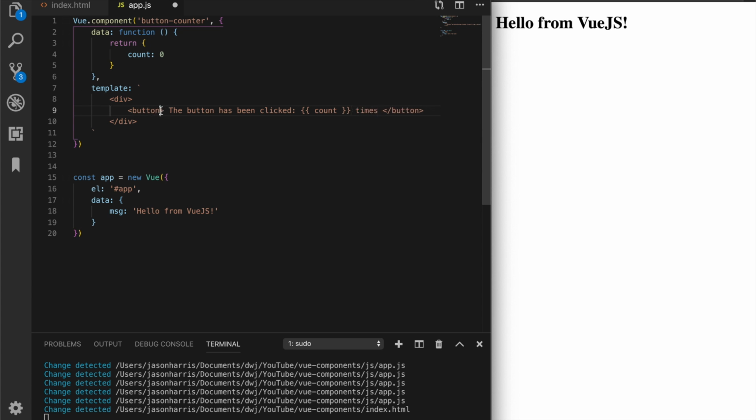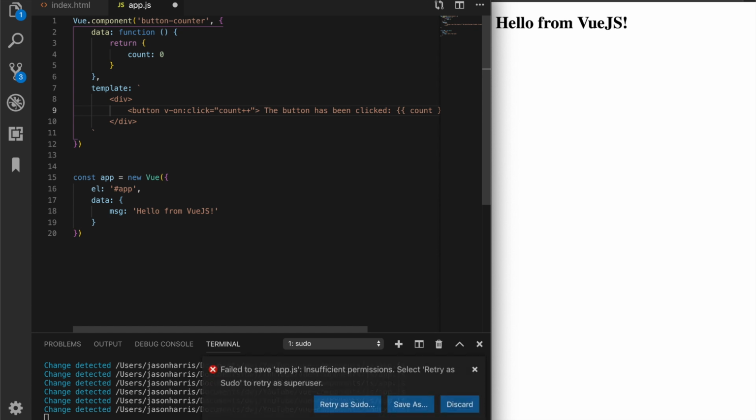And then, just like we would do any other time, we're gonna put a v-on to catch the event, :click. We want to watch out for the click event. And inside this click event, what we want is for the count to increment. So now if we save this,